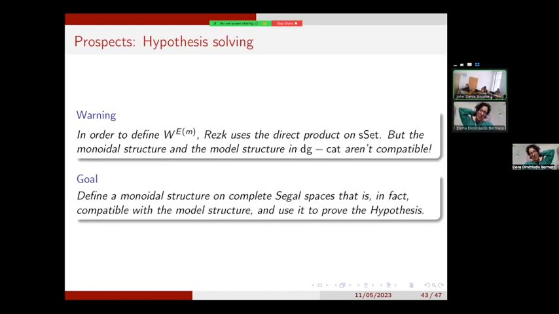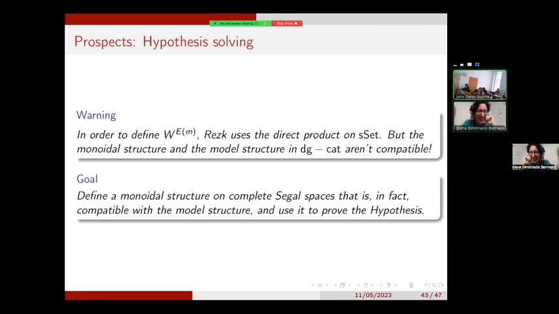Right. So yes, we need this monoidal structure. It's been a thorn in our side for a while. If we manage to do this, and I don't see a reason why we couldn't, we just need to find the right way to tackle it. I really think it could be done. And if you have any ideas on how to tackle this, I am open to all of them.